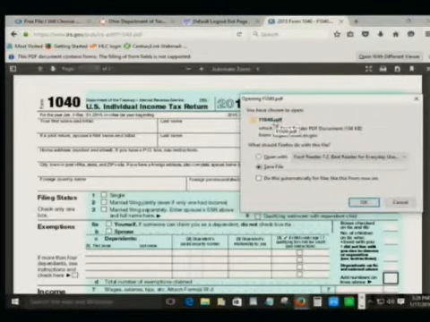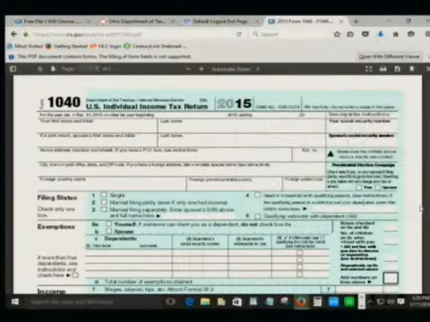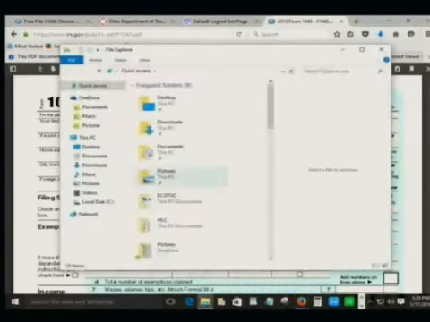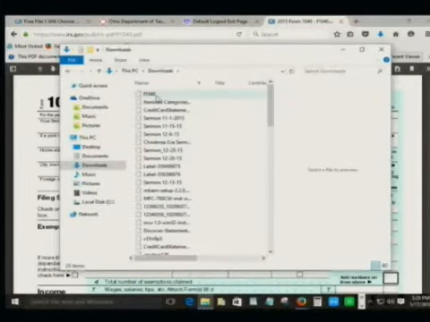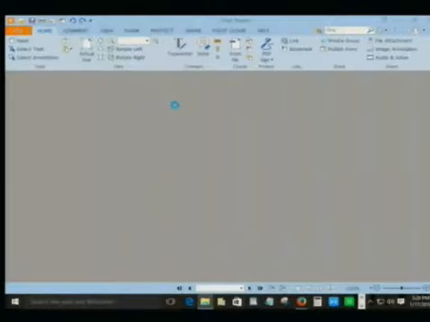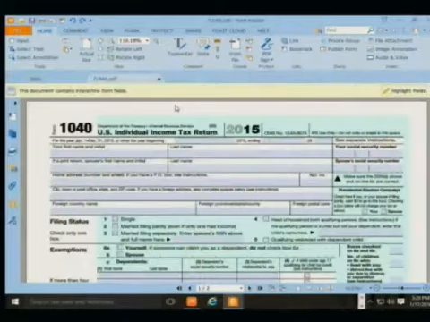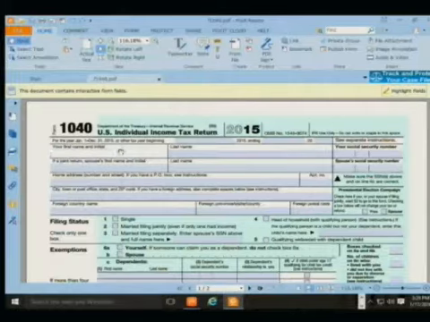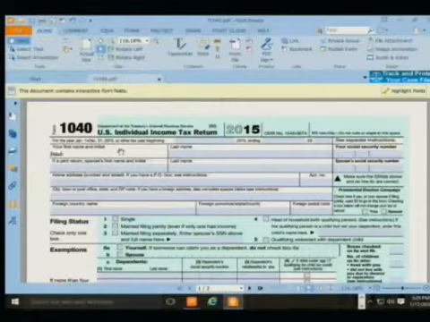And I've already downloaded this form. So let me just go ahead and go through this process of downloading. So I've downloaded the 1040. I'm going to open it up now. I'm using Foxit Reader as my PDF reader. And now you see if I click in a box, I've got the cursor, and I can go ahead and type in